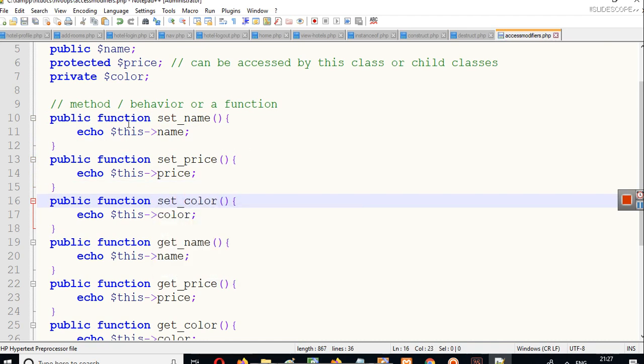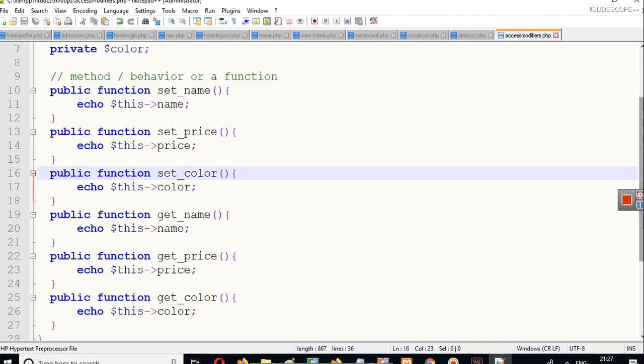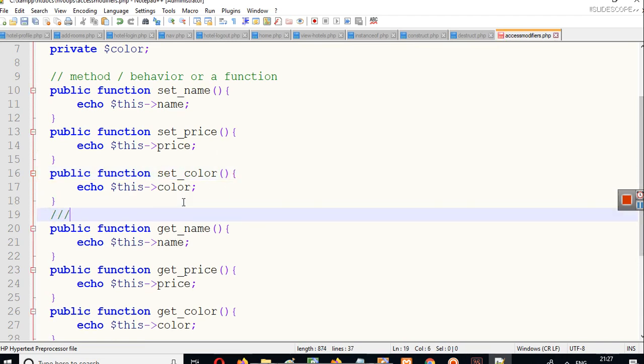So now we have three functions which are setting name and price and color. We have three more functions which are getting the name, price, and color. There are various ways of doing this, but because we have to understand these three things, I will use a simple separator here. So in this part we are setting the values, and in this part we are getting